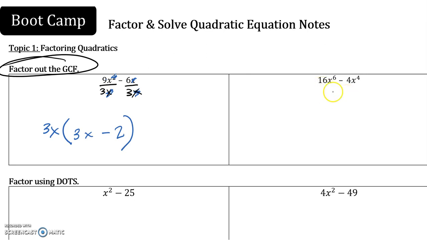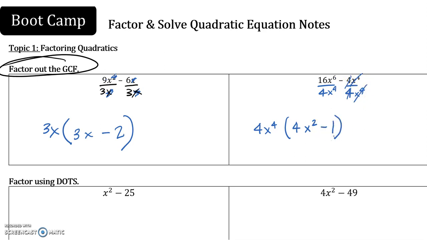Do it again over here. 16 and 4 are both divisible by 4. X-wise, I have 6 x's and 4 x's, so that means that I could divide both terms by 4 x's, or x to the 4th. So my GCF is x to the 4th. I write that down. Now I divide. 16 divided by 4 is 4. X to the 6th divided by x to the 4th is x squared. And then over here, the 4's cancel, and the x to the 4ths cancel, so I just have a minus